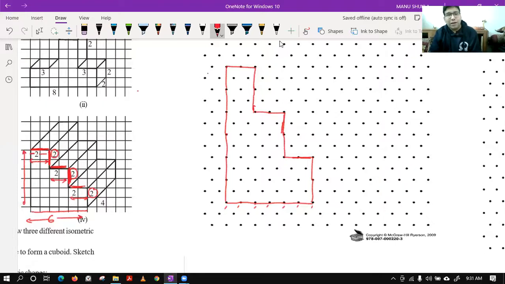Class, now what should we make? Shall we make the last face or the side edges? What should we make first? Yes, we should make the edges first, because that only will give the correct depth to the diagram.